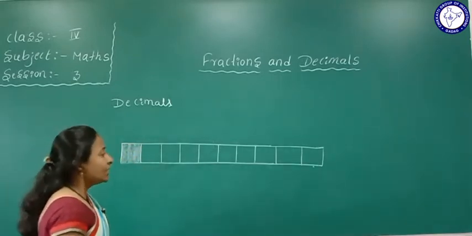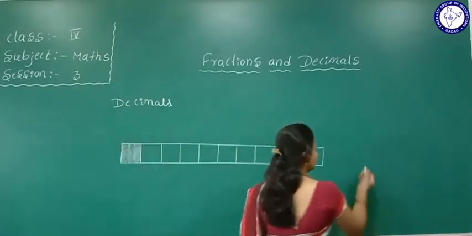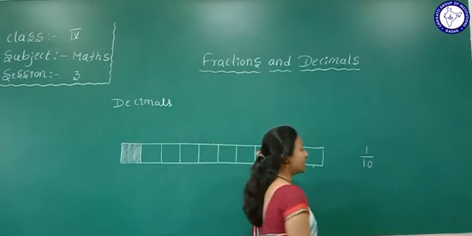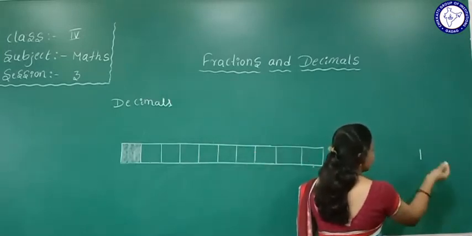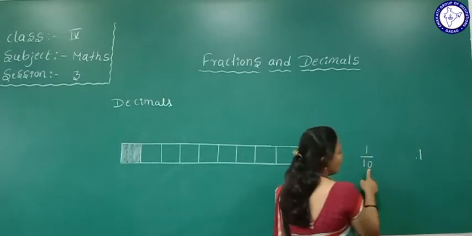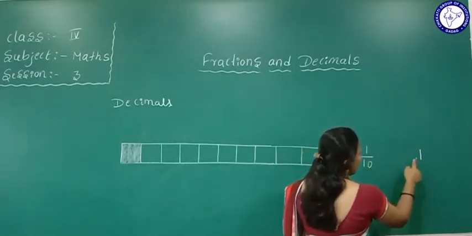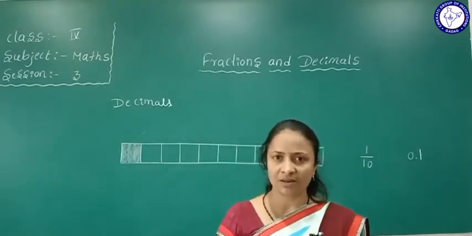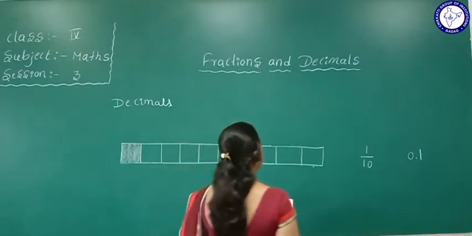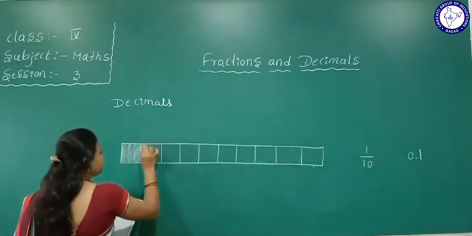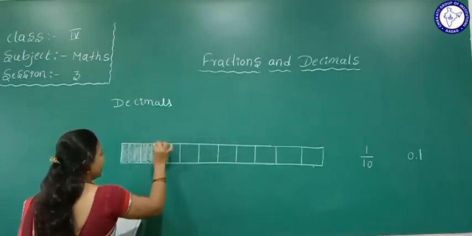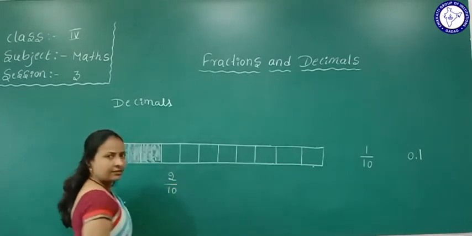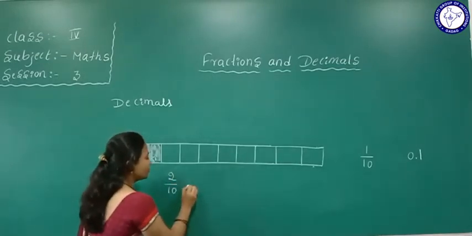Yes. So in fraction, we will write it as 1 by 10. Yes. This is the fraction, numerator and denominator. First we write the numerator 1 in decimal form. After 1, only one 0 is there here. So we give a point before it. So it is read as 0.1. Understood this one? Yes. If 2 parts are shaded in the 10 equal parts, we will write 2 by 10. Okay, 2 by 10.